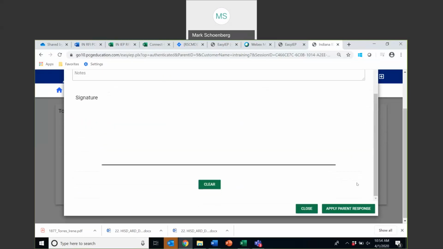And I'll scroll down to the bottom where I can provide my signature. The signature pad can be used on any platform. So whether it's a laptop or desktop and you're using your mouse or touchpad, if you have a tablet or smartphone and you're using the touch screen to draw your signature. But the important thing is make sure after you provide your signature to click on the Apply Parent Response here